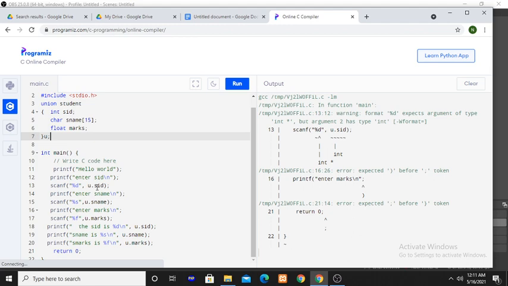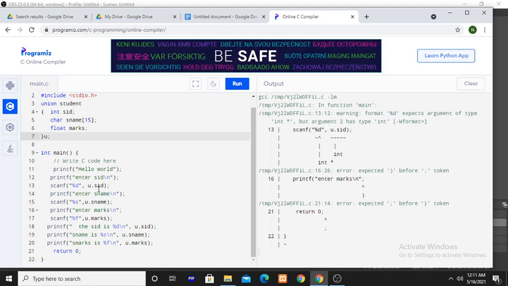Before this you read the SID, student ID. Now you are reading the student name, so the student ID is overwritten with the student name. Then you are reading the marks, so the student name is overwritten with the student marks. So first you read the SID value, then the SNAME, and then the student marks.